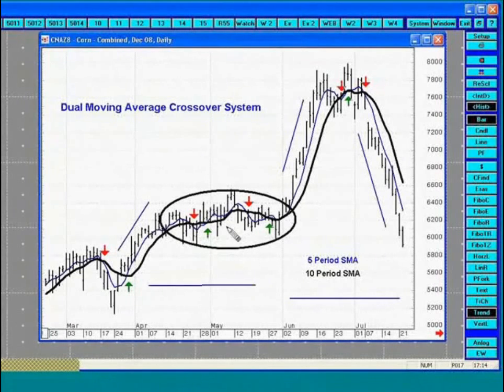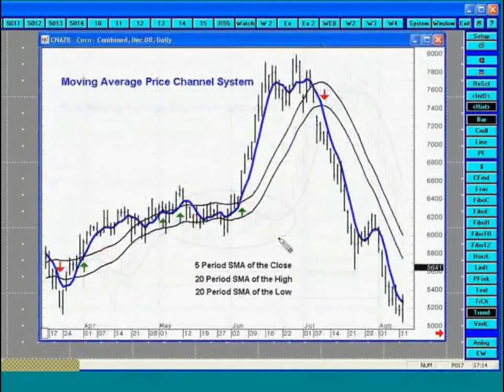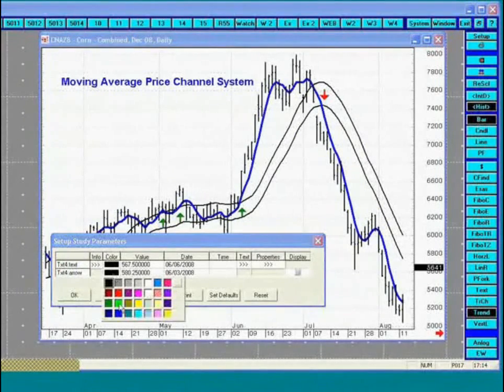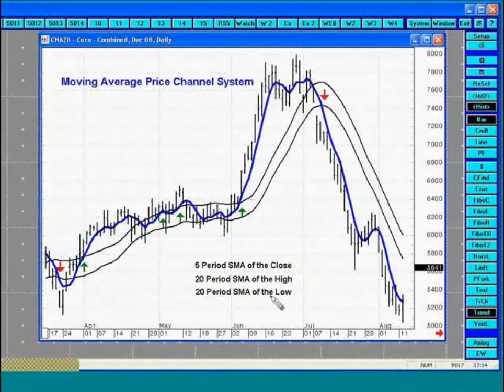One way to overcome this problem is to employ what I call a moving average price channel. The settings that you see in front of you: the blue line here is a 5-period simple moving average of the close, and the two black lines are 20-period simple moving averages of the high and the low. So what that does is it creates a price channel. Now, the arrows that you see right here